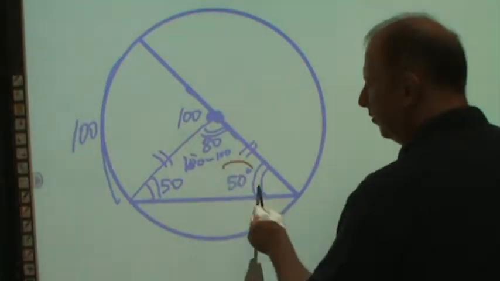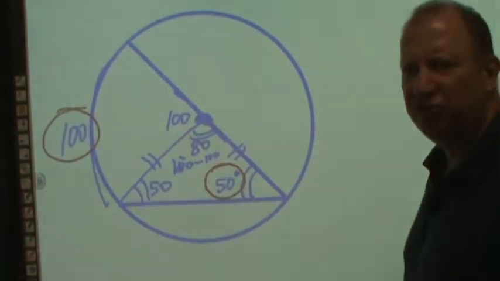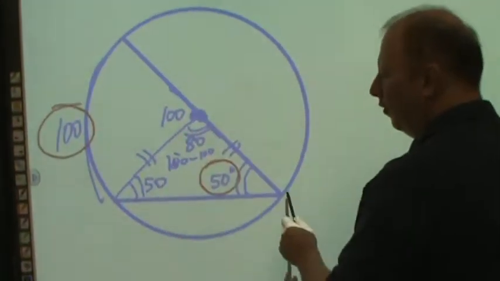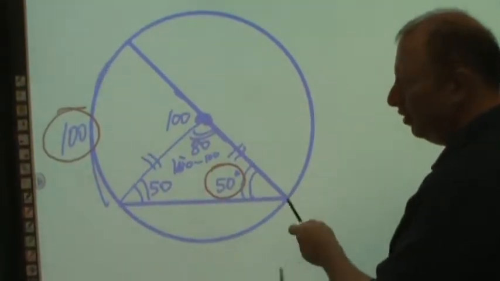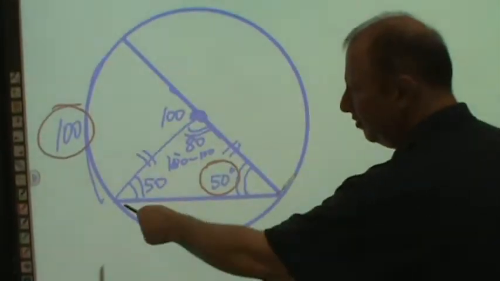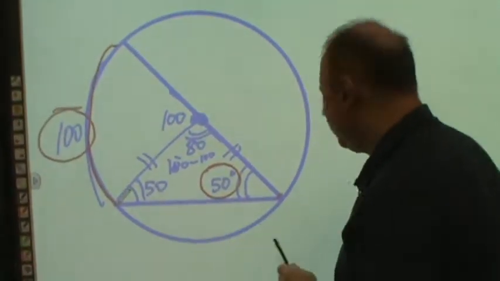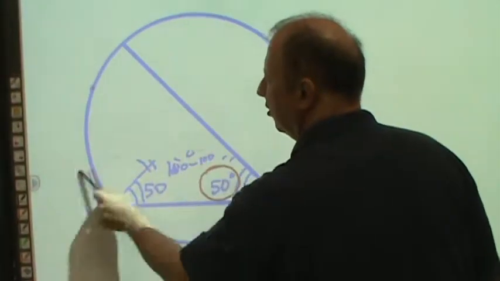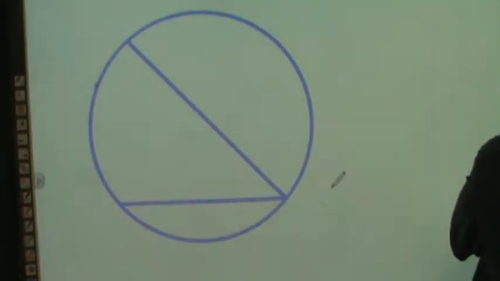And let's look at this and see if we can develop some kind of relationship between the inscribed angle, the angle formed where two points touch the arc and the vertex touches the arc. So this inscribed angle right here. And let's see if we can figure out some kind of rule with this. So what I'm going to do is one more time, but this time around I'm going to do it